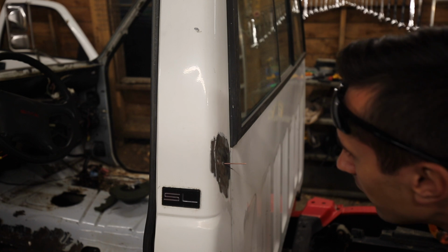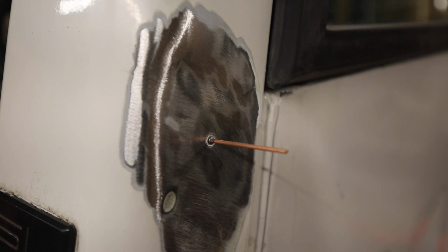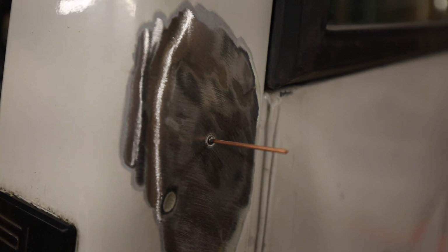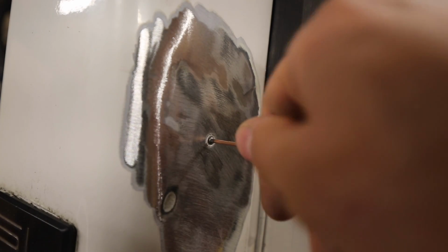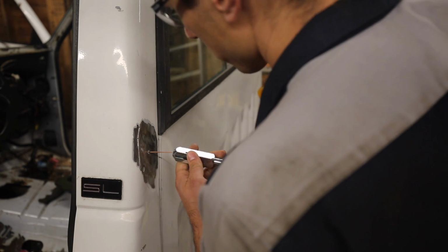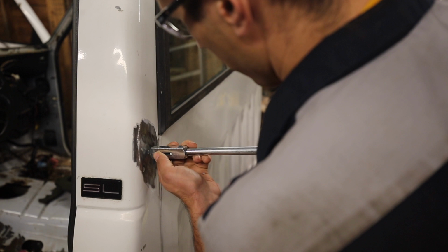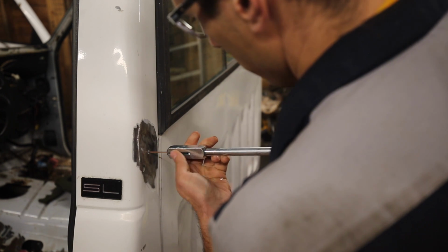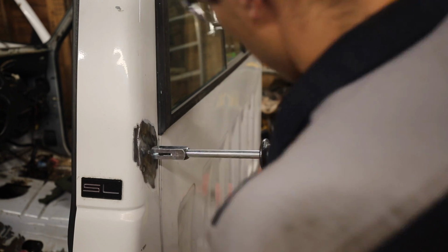Wow, it looks like it worked really well, actually. If we zoom in a little closer, you can see the stud welded on. I don't know, is it hot? No, not really. It seems like it's on there pretty securely. Next I just insert the slide hammer on this. It's got a little thing here which I think should grab onto it. I'll do it this way maybe. Yep. And then...